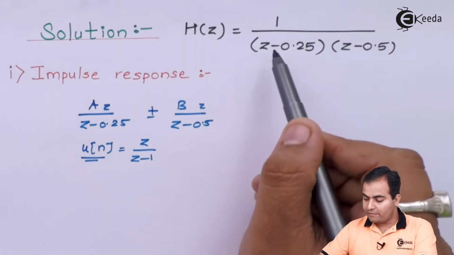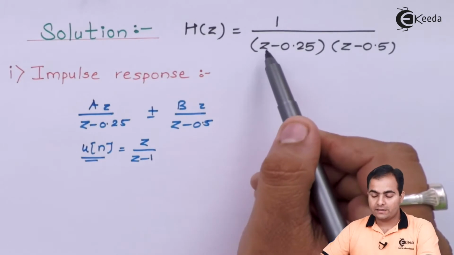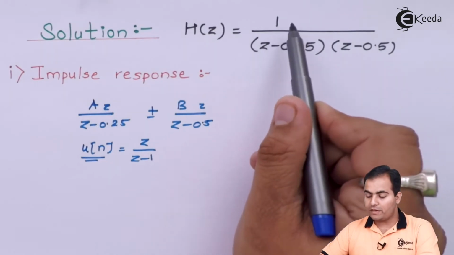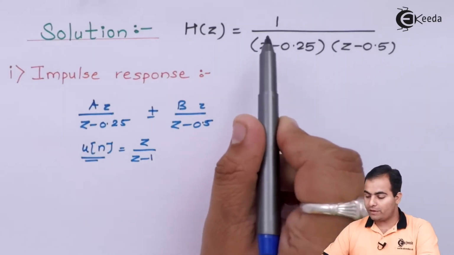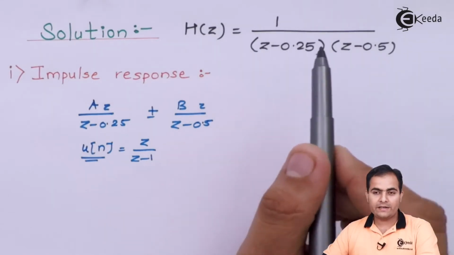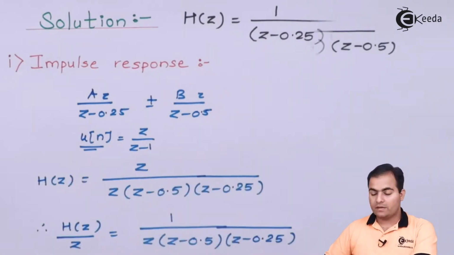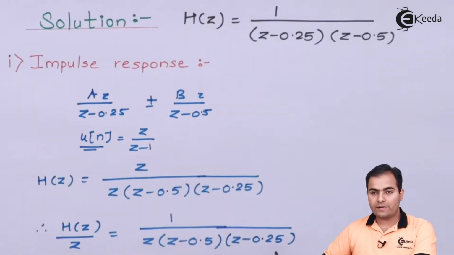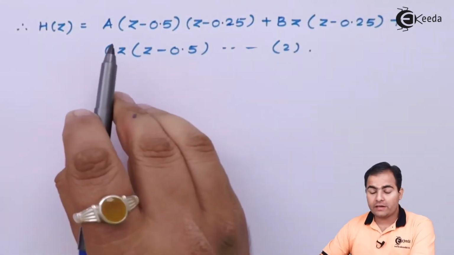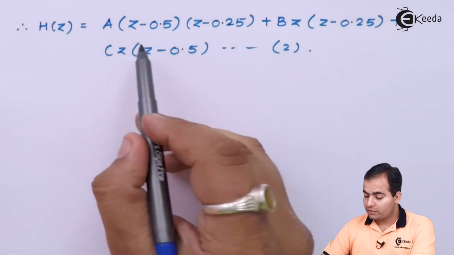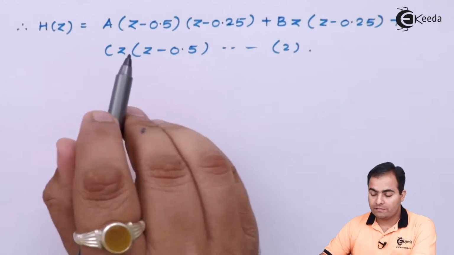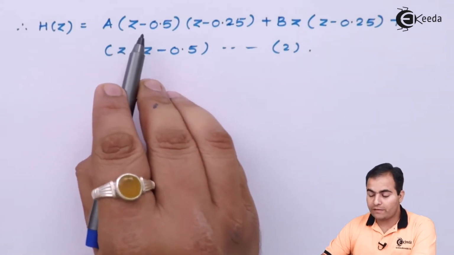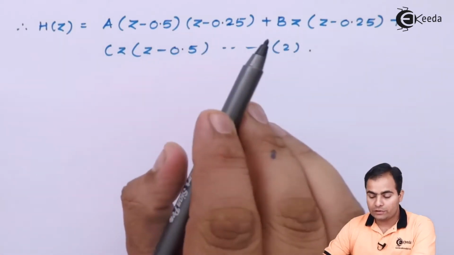So when we have a function in normal z, just take care, there should be z in the numerator of this function. Right now in this question we don't have any z in numerator, so I will multiply numerator and denominator by z only. Now if we have 3 factors, then we will use 3 variables. Now look at it, I have already multiplied the denominator on the right hand side, so I have got this type of result. Now to get the values of A, B and C, we will substitute z = 0, z = 0.5 and z = 0.25 in our question.